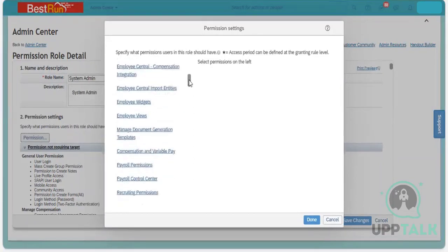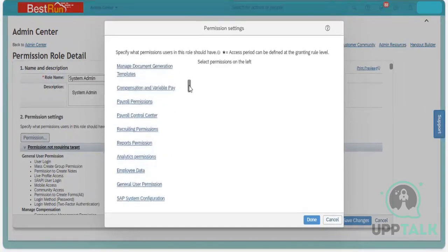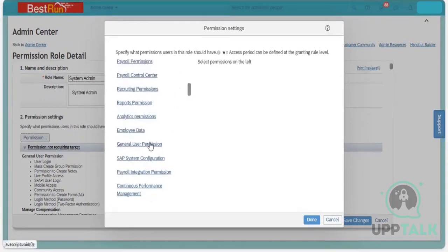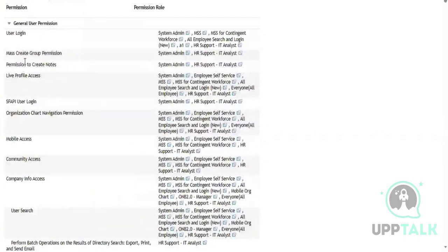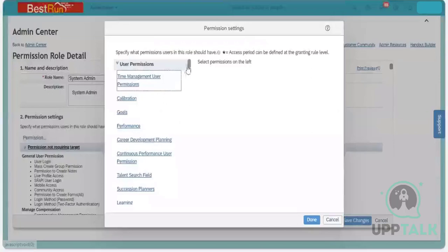So there you can see general user permission, right? Okay. This one. So the same thing here also, it is populating. Can you see general user permission? Okay. So under the general user permission, if I go and click here: user login, mass creation, group permission, live profile access. So again, if I go into general user permission, where is it,